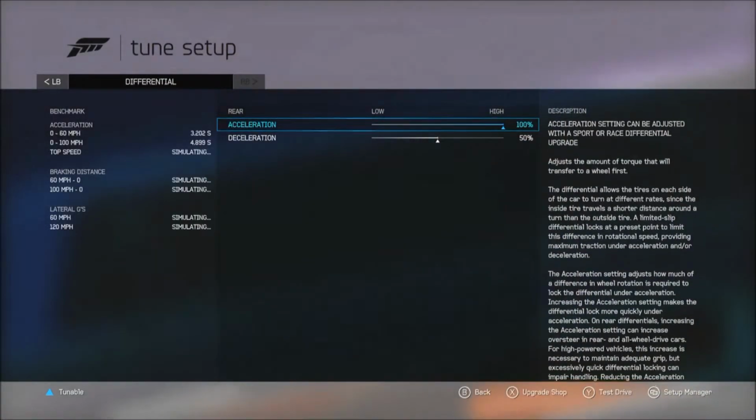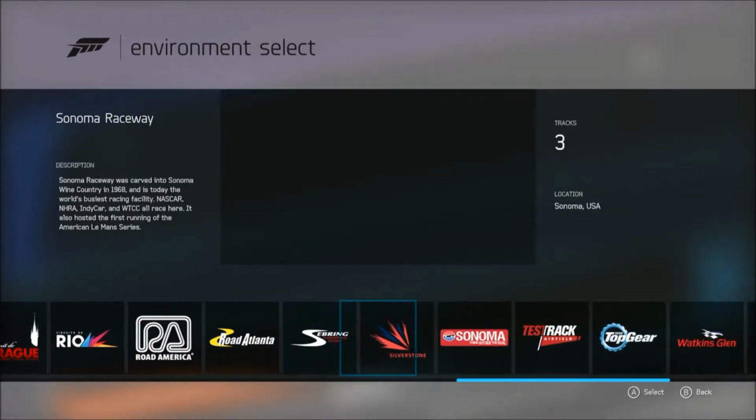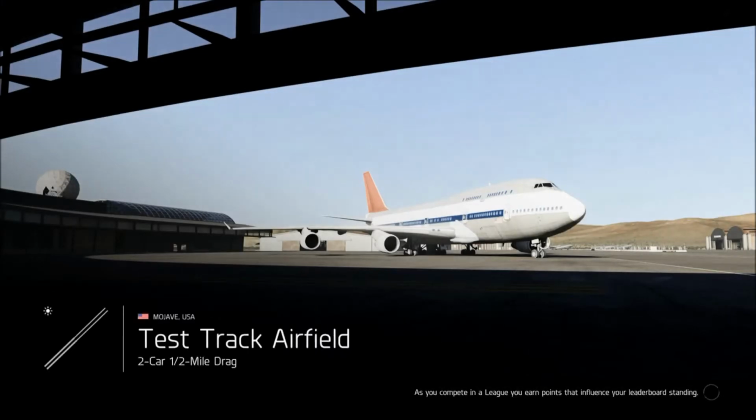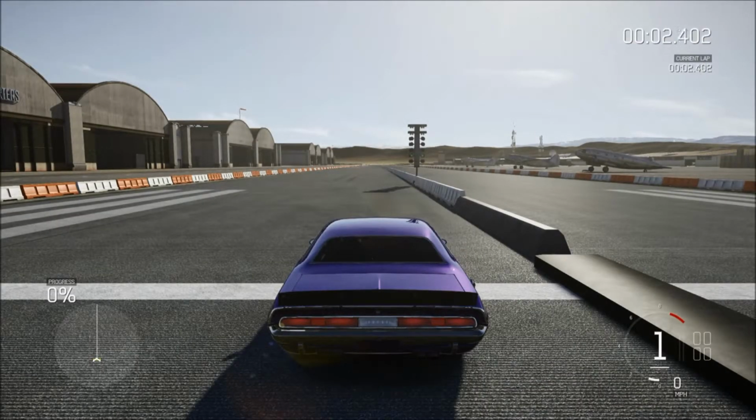Make one more pass here, and then let's see what we can do online real quick. If you guys like the drag race, let me know. I love the drag race. Been doing it since I was 16, but I've been going to drag races since I was 12 or maybe younger. I go to the nationals a lot, so